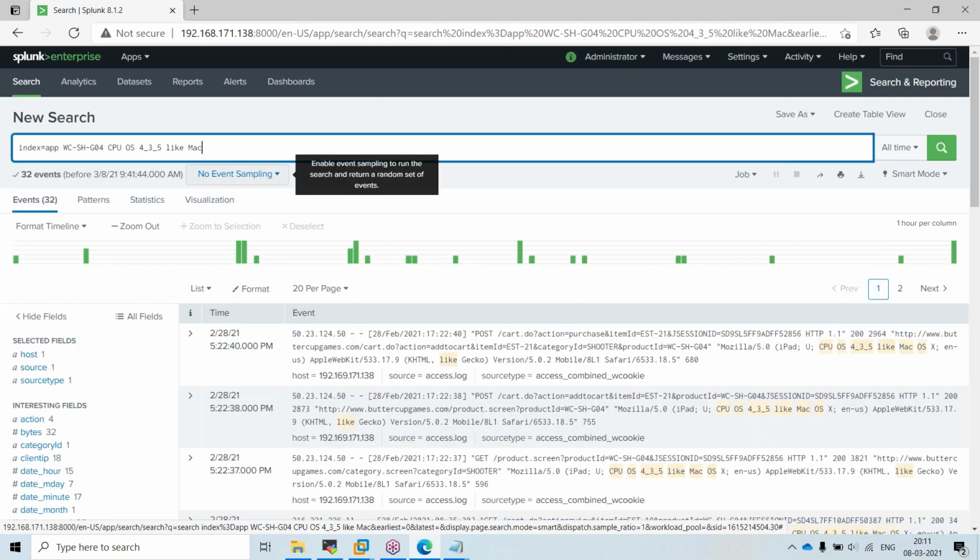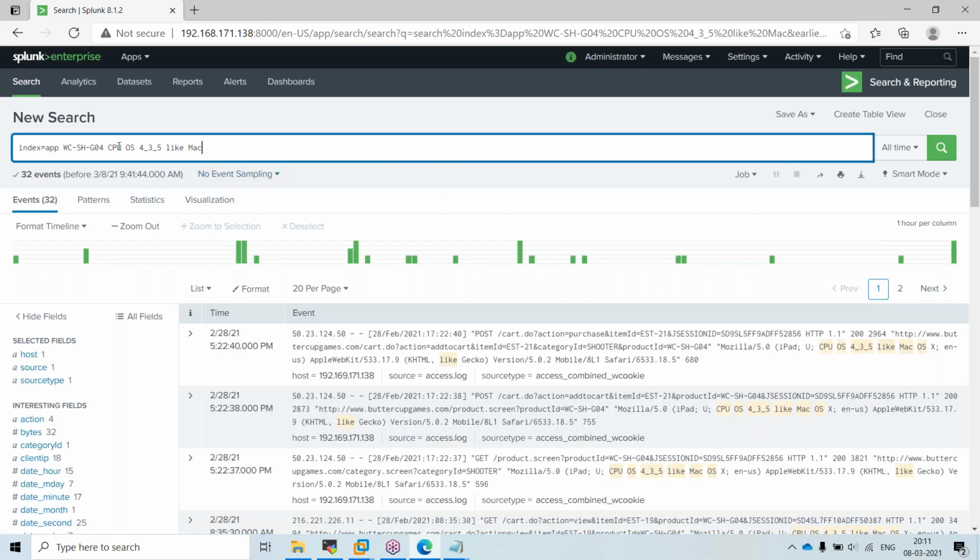how will Splunk recognize it? It will treat this as a separate field, this as a separate field, this as a separate field, and this as a separate field. So whenever you are giving a string or a text which contains some spaces, we have to enclose it within double quotes.